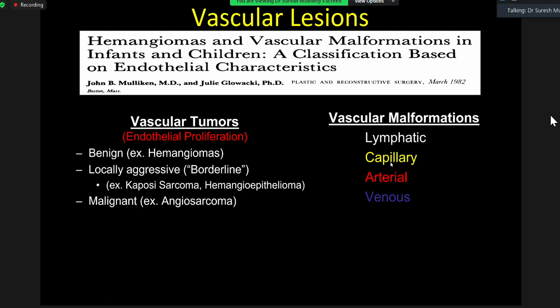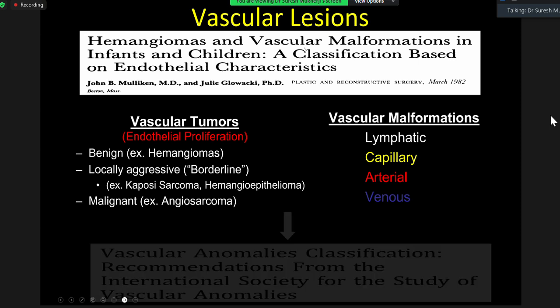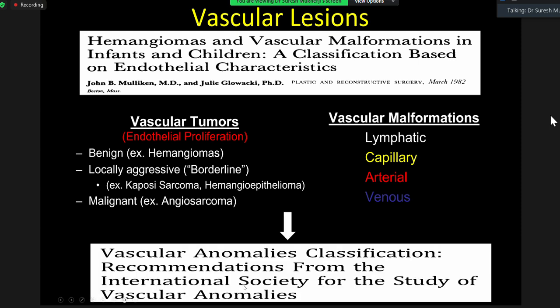So they do expand, but they don't have the rapid endothelial proliferation that you'll see in vascular tumors. So why do I mention this? Well, over the next 15 minutes or so, I'm going to try to give you a construct, or if you will, a simplified approach to these vascular lesions that will help you get through 80%. But when Mulligan and Glowacki first described this paper, what this ended up resulting in is an